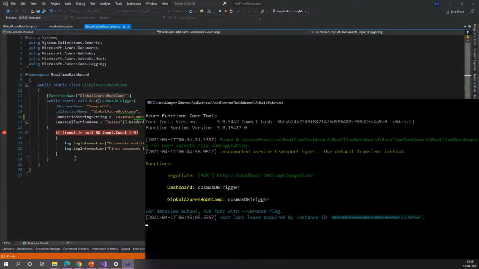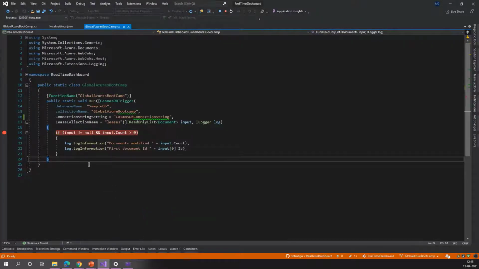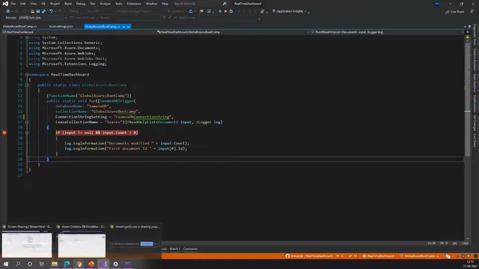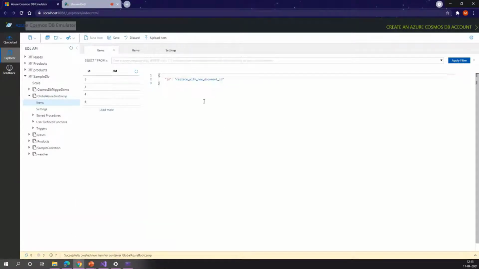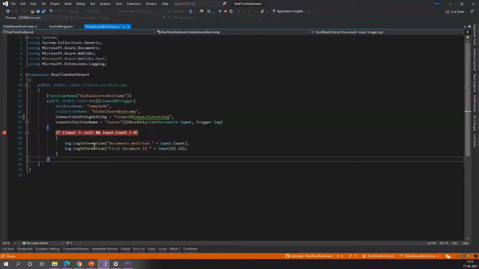In order to check that this is working correctly, let's add one new item into this, with ID test. Let's save it. It should trigger our breakpoint over here.